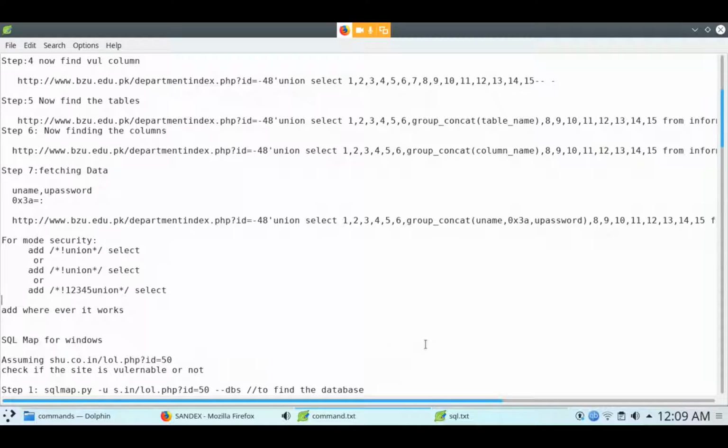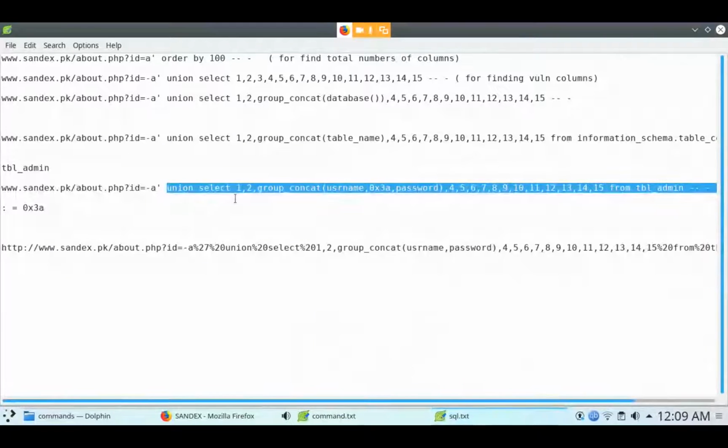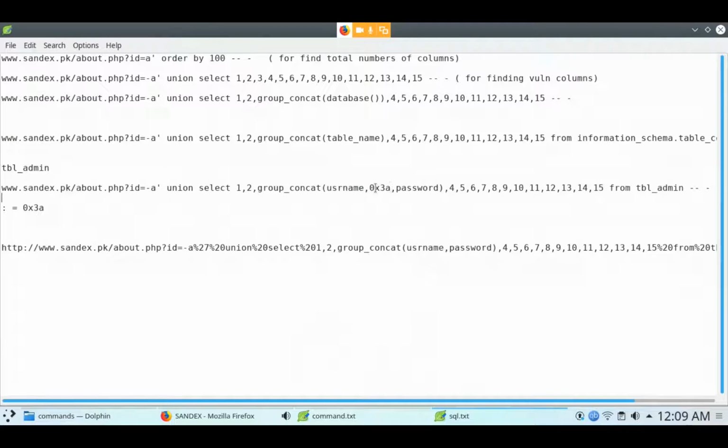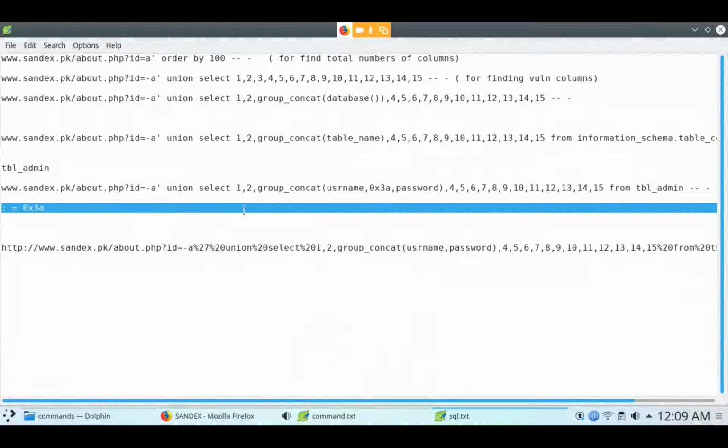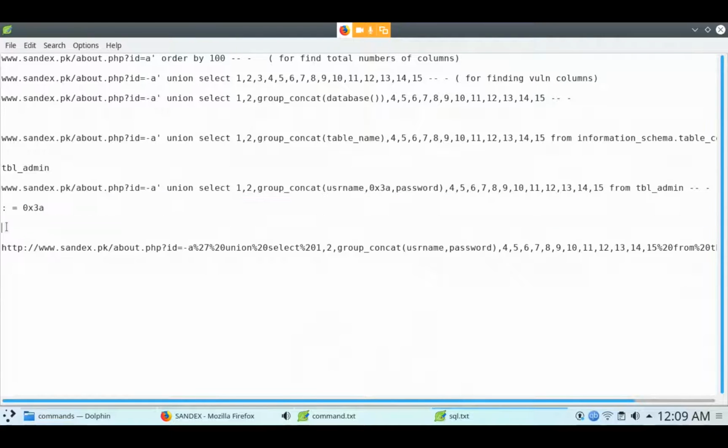In this text, 0x3a. 0x3a is used to separate the username and password. Okay, it is a hint. It is not a command. It separates the username and password with a single colon.